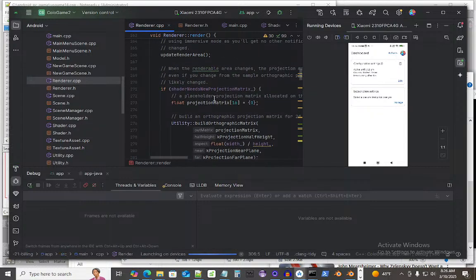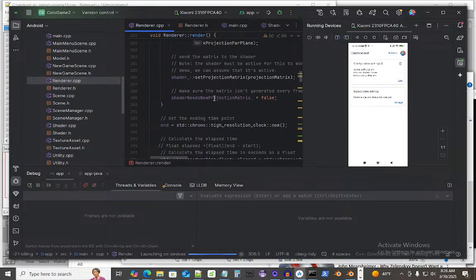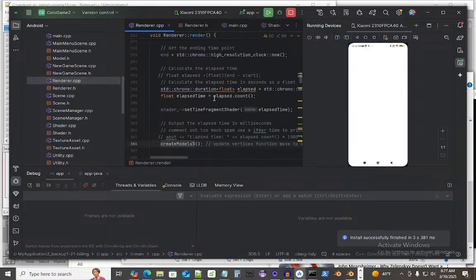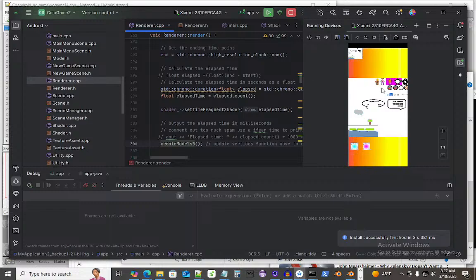Oh, it does build an orthogonal matrix, not a perspective one. I don't know, it has both words in here. So that is, yeah, 875. Maybe positive 875. They're both 875. This is the little